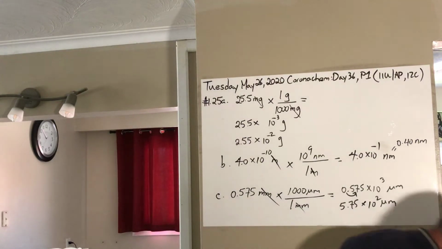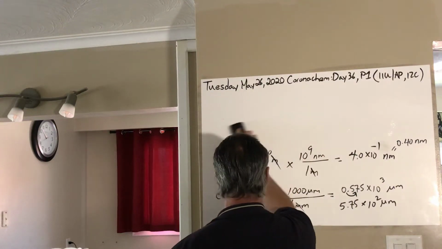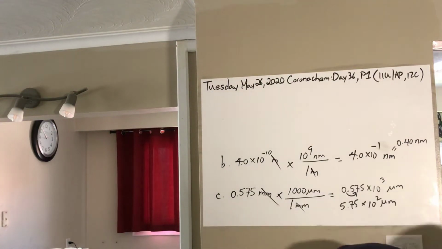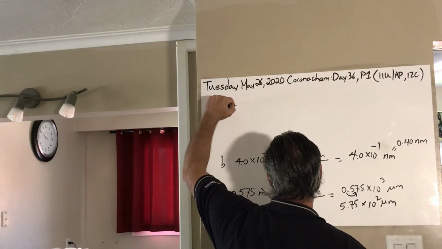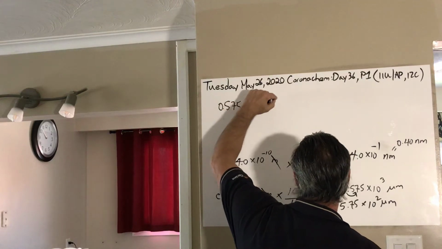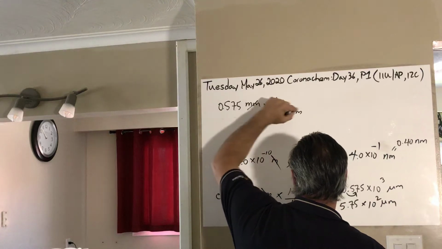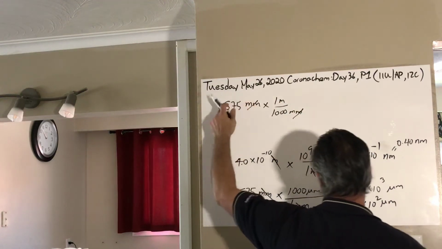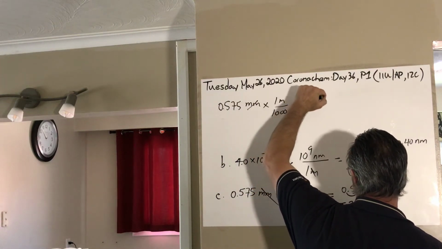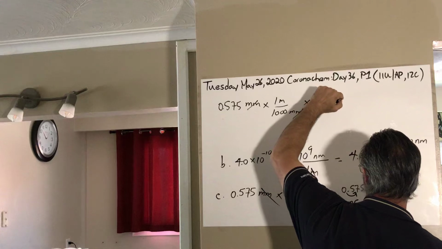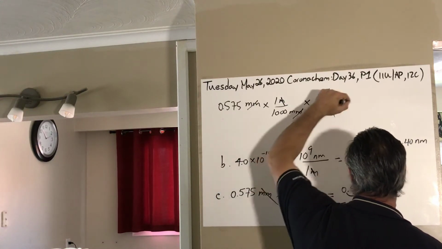But I'll show you how to do it in 2 steps if you don't know the conversion factor between micrometers and millimeters. And what you would do is first go to meters. So you have 0.575 millimeters times 1 meter per 1,000 millimeters, and that would get you to meters, but don't get the final answer yet. And then if you want to go to micrometers, you're going to say 10 to the 6 micrometers per 1 meter. It allows you to cancel meters as well,